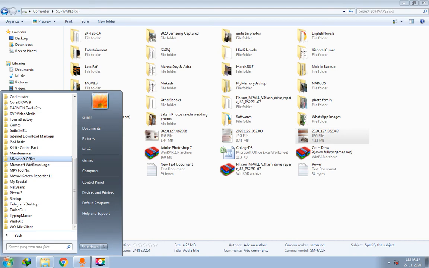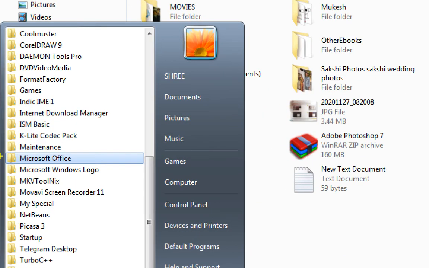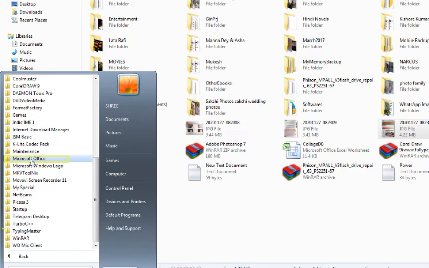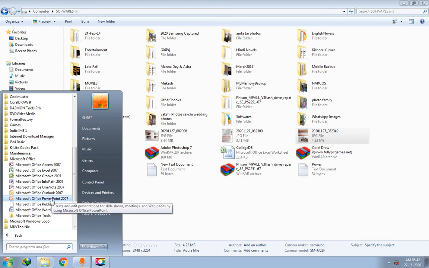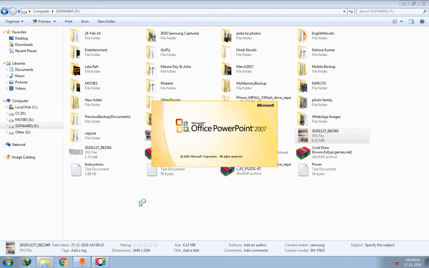Yes, it is here only, Microsoft Office. Fine. Start button, All Programs, Microsoft Office. One more time we will practice that. Start, All Programs and Microsoft Office. And now select PowerPoint 2007, Microsoft Office PowerPoint 2007. Here you can see, right?